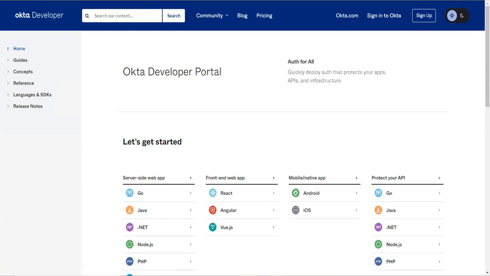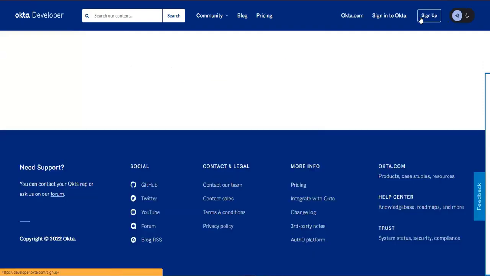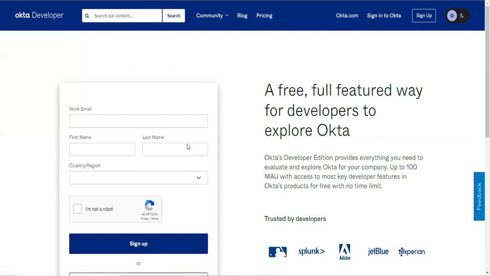Once you access this, you can see a button called Sign Up in the top right. So click Sign Up. You will be asked for some details, like your work email, first name, last name, country, and with the work,